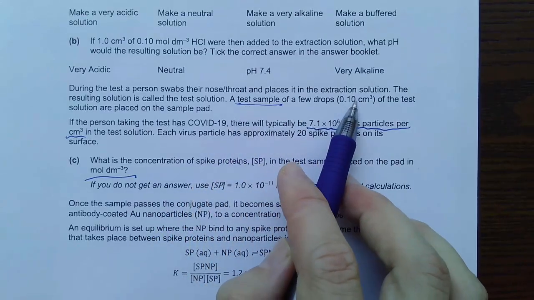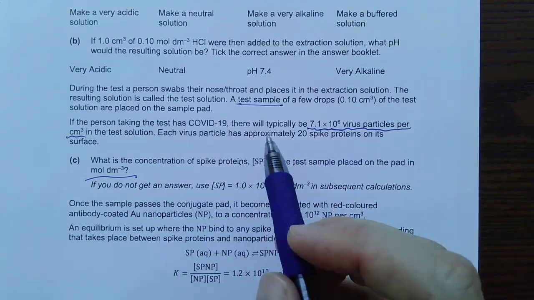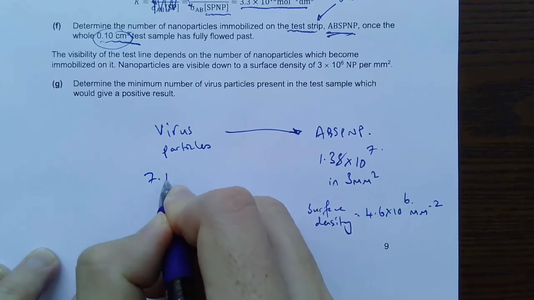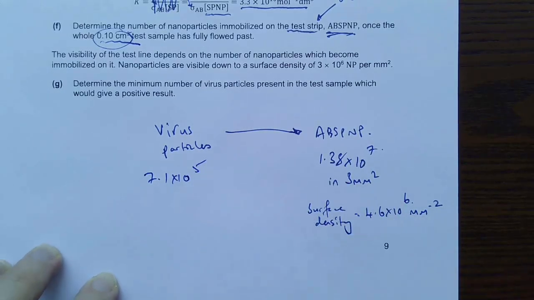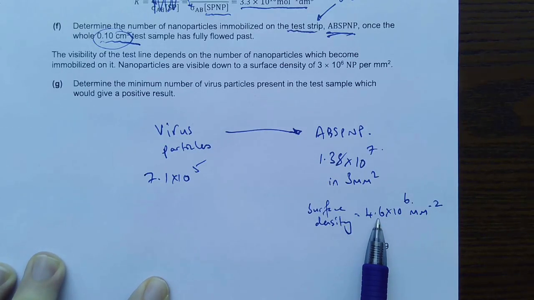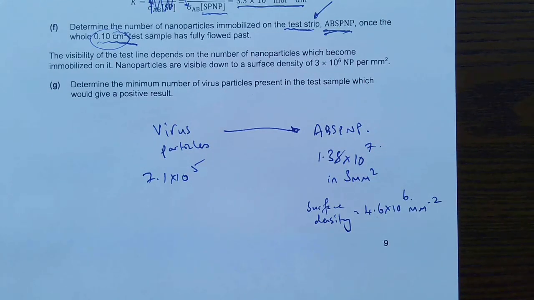So a test sample of 0.1 centimetres cubed is placed on the sample pad. So I don't have 7.1 times 10 to the power of 6 virus particles. I've got 7.1 times 10 to the power of 5 virus particles. Okay, so 7.1 times 10 to the power of 5 gives me this density. This is the smallest density that it will work for, so I can just do